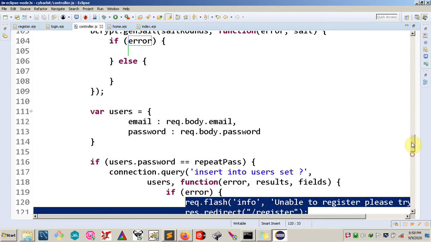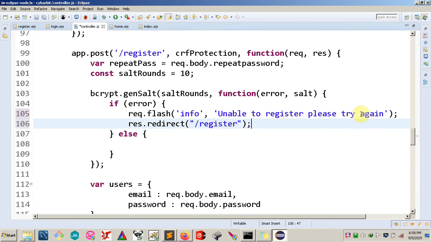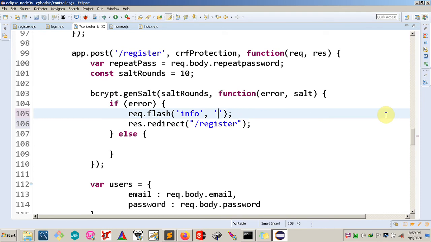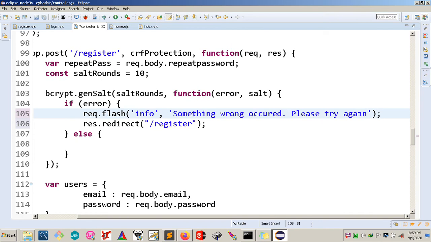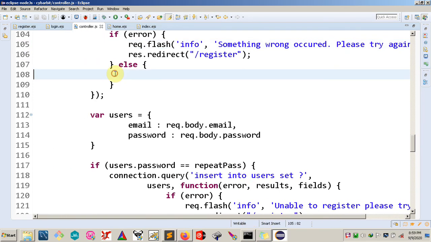So I'll just copy that and go to this if block and paste it there and say something like, something wrong probably occurred. Please try again. I think that's fine. Then I'll go inside this else block and say something like